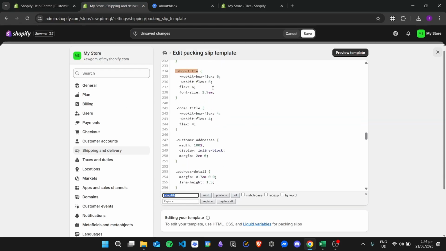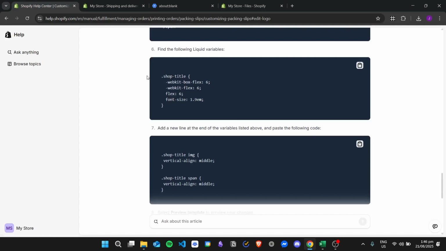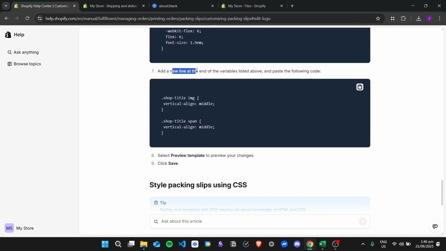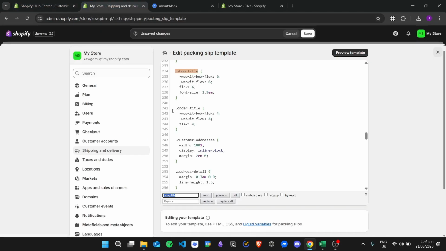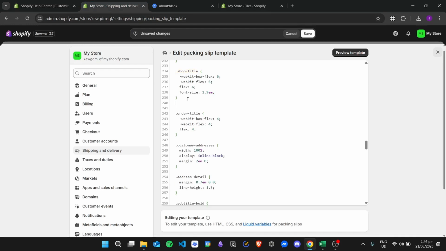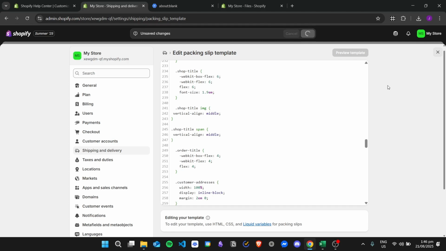So it's placed right here, and then we will add a new line at the end of the variables listed above. So paste the following code. So copy this, add it right here, and then click on save, click on preview template,